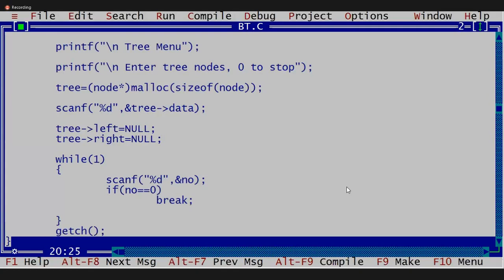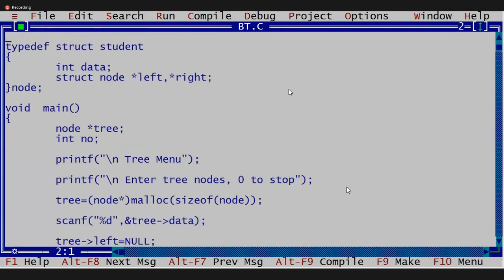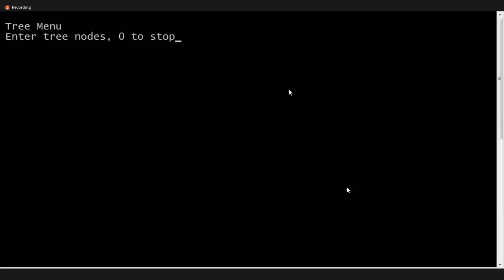Yeah, tree data. What do I have to write, guys? Include stdio.h. See this, guys. No one types the BST program; they will just show the output. Listen carefully to how I am typing and see.